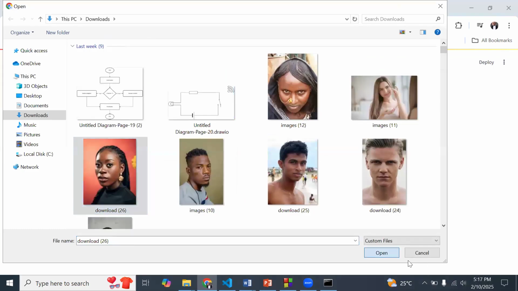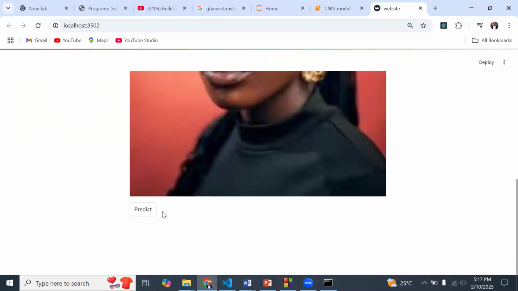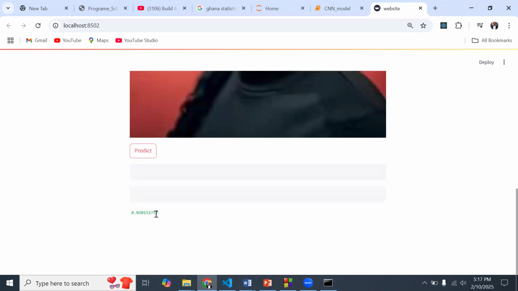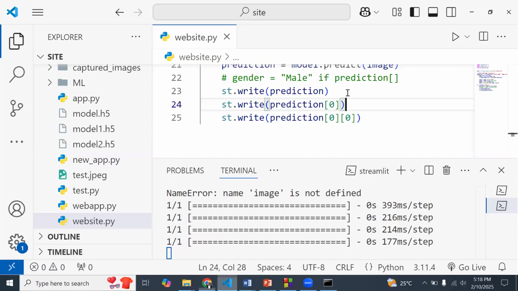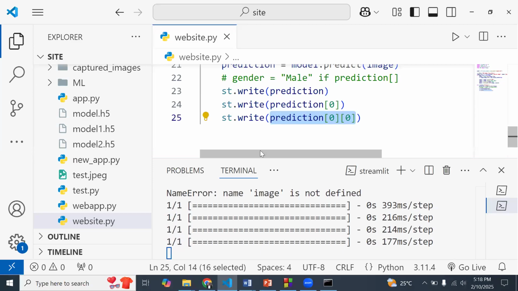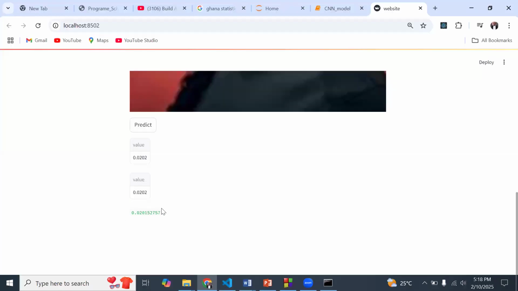So let me select this one and then do predict. So you see that now, the last one is what is actually giving us the actual value. I don't know why the others are not showing up, but they will come. Good. So this is the first one from predict without any slice, and then there's the second one with just one slice. And when we do 2 slices over here, we get the actual value that we want, because this is actually an integer.